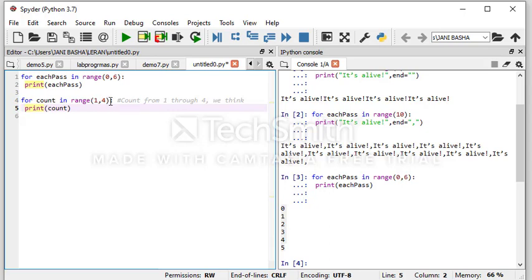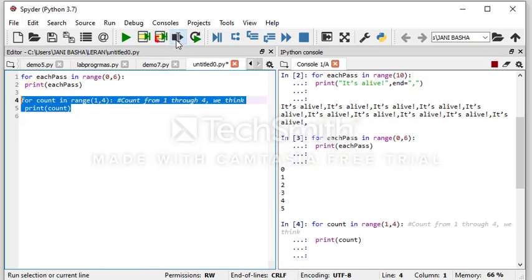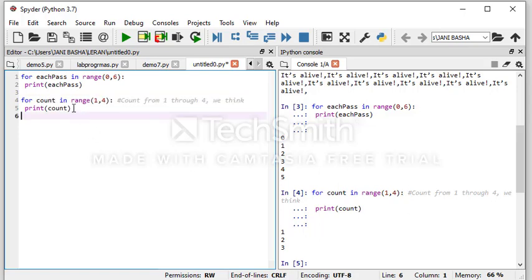Okay, we think 1, 2, 3, 4 will be printed, but see here, when I try to execute this statement, it will print only 1, 2, 3. Okay, 1, 2, 3, that's it. 4 will not be printed. So that is the reason. In technical terms it is called an error, but it's generally not an error; we thought it is one short of the original value. So that's why it is called an off by 1 error.